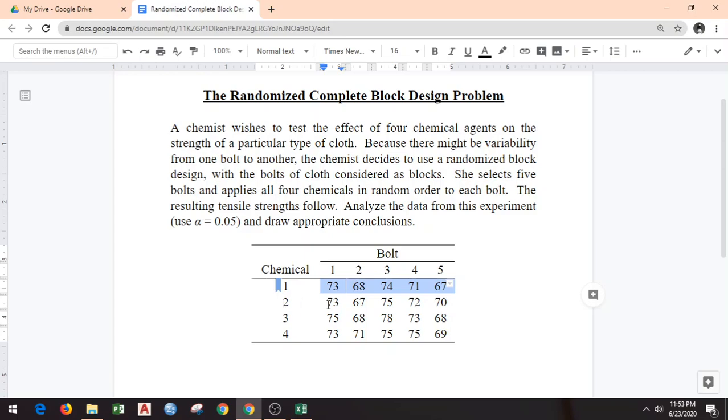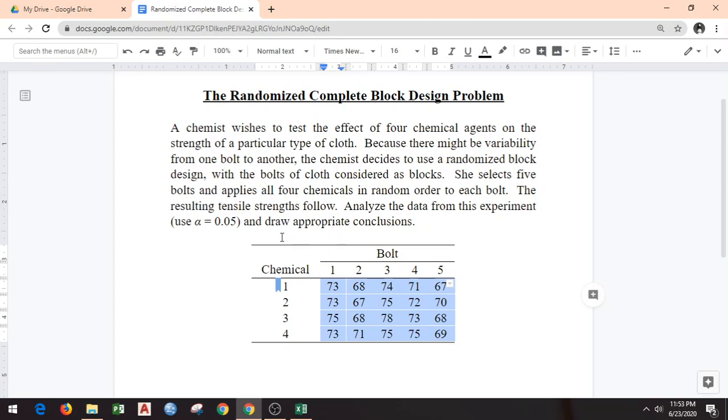Chemical 2, there are another 5 experiments because there are 5 different bolts of cloth. So there are 4 different chemical agents and 5 different bolts of cloth. So the total number of experiments performed was 4 times 5, 20, and each time the tensile strength is recorded and these values are given in this table.